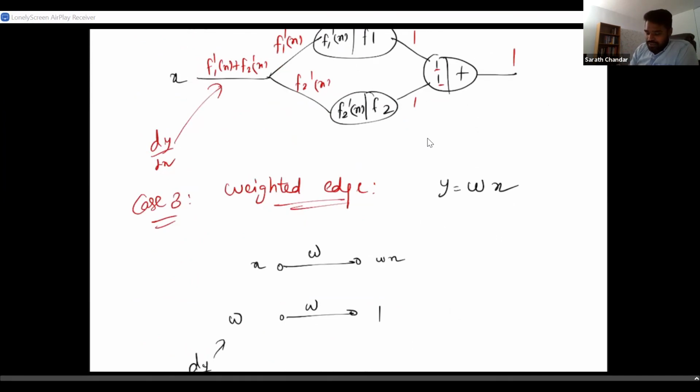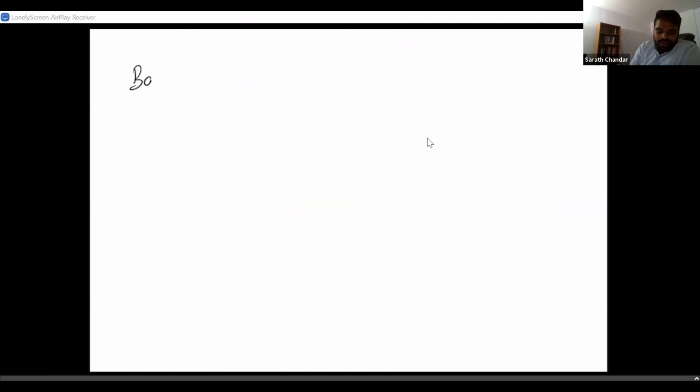Just to give you an example, if you have h is equal to f of wx plus b, okay? Now this wx can be implemented with a weighted edge, okay? Then you have another addition function here. Then you have the function f, which is the composition on the input, okay? So you could represent this by using these 3 basic modules that we have, okay? So now we are going to use these basic modules to implement our backpropagation algorithm,